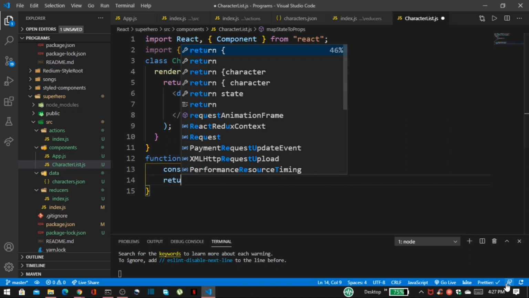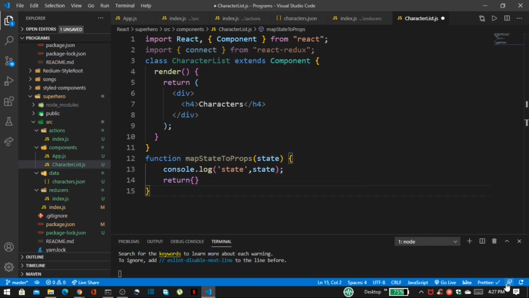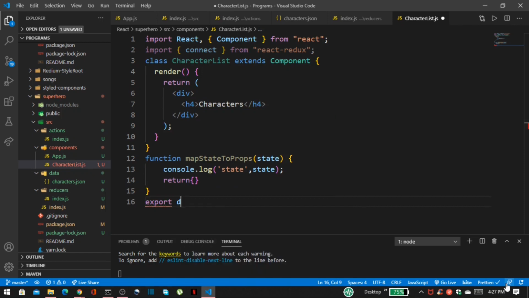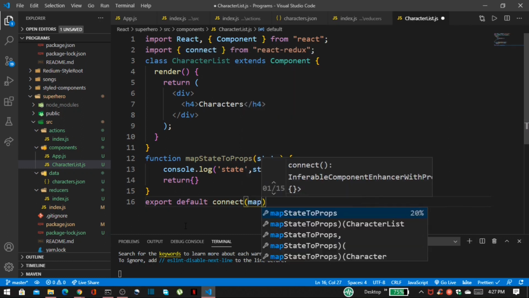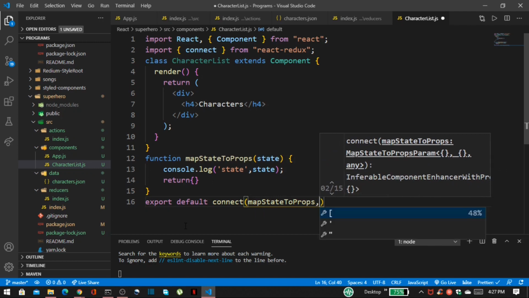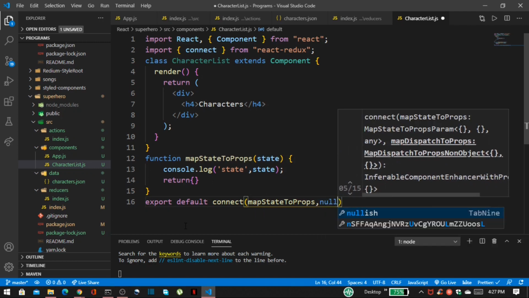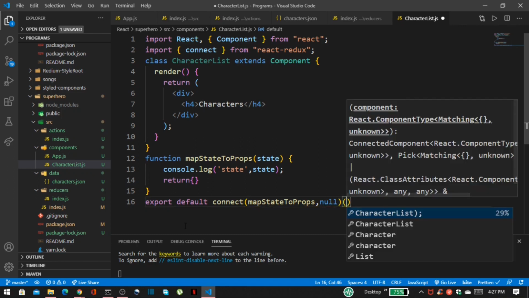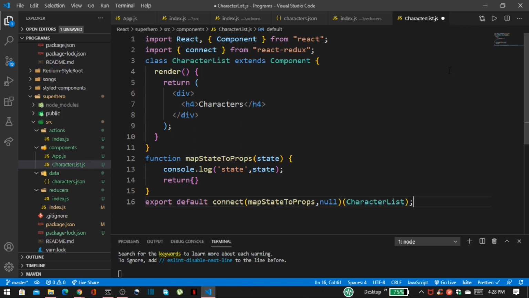Then return something. After that export. Here we use this connect terminology: mapStateToProps and add second parameter, pass null here. Then we have to pass this CharacterList.